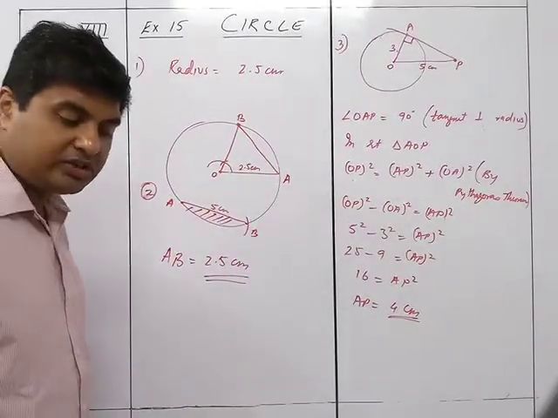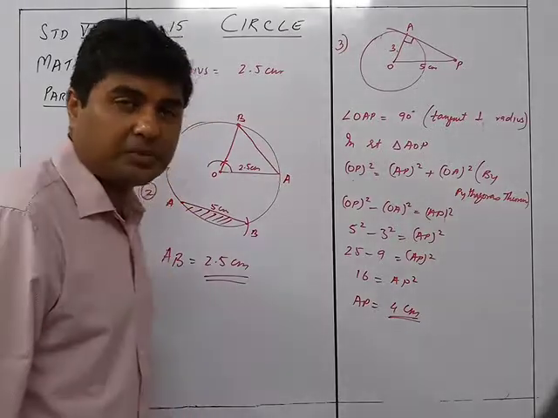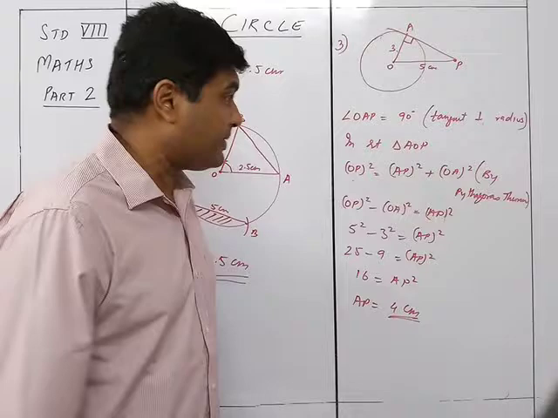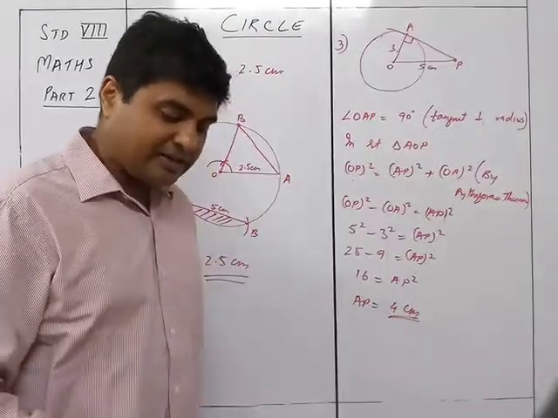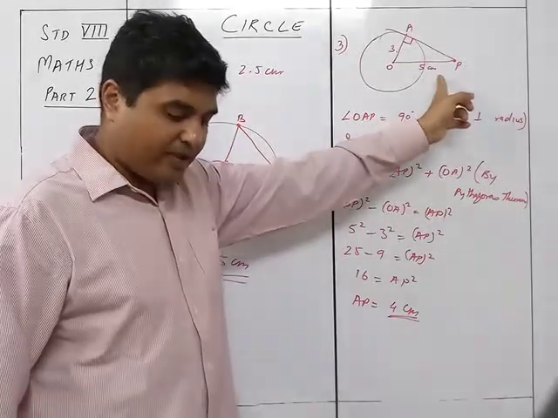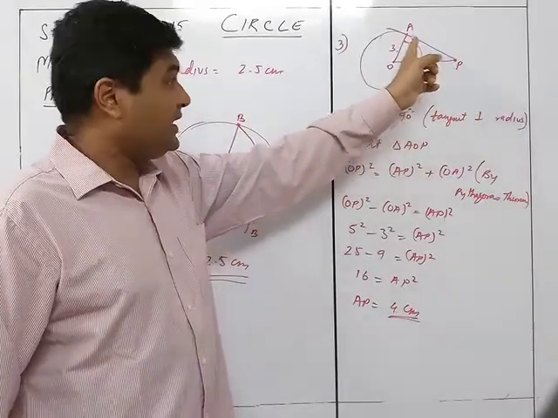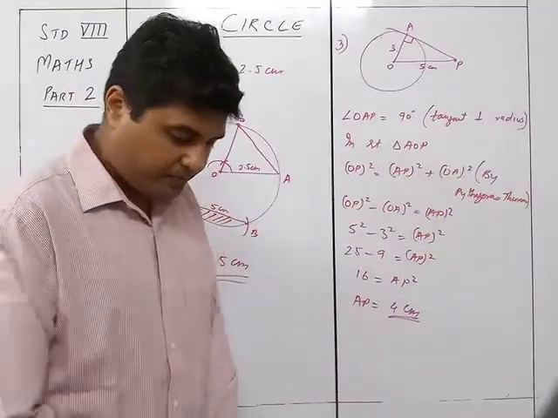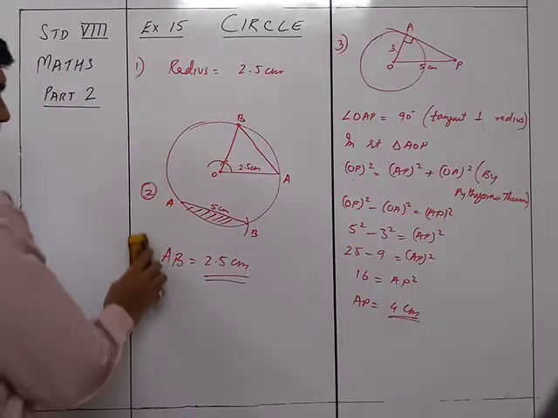We now move on to question number 5. Now there are 9 sums in question number 5. We'll do the alternate sums. The fourth sum is exactly the same as this one, wherein the radius needs to be found out. When it is given that CP, that is this line, is not 5 but 20, and PT is 16. So exactly the same thing you have to do for the fourth sum. Let's see the fifth sum.